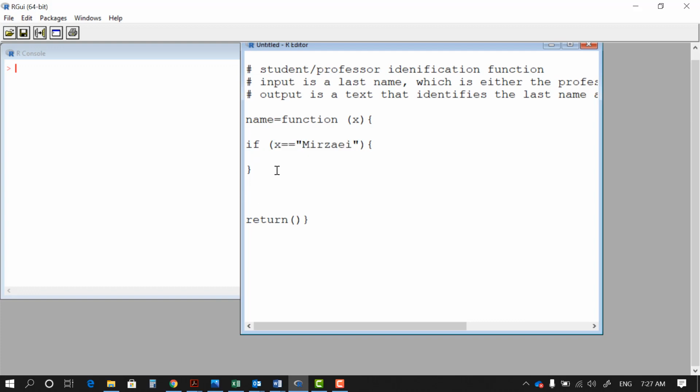So if it's true, then what happens? You want to return a text message, a text message where you are a professor. The printing function in R is happening using the paste function. You can say you are a professor. So what happens is, if somebody puts a last name here, which is Mirzai, you get a message that you